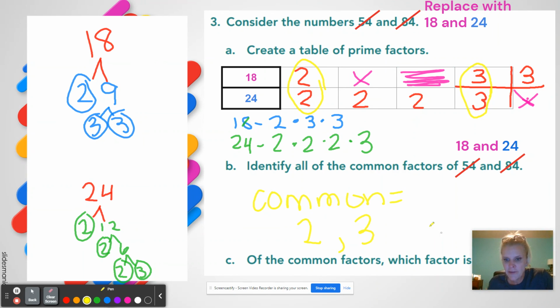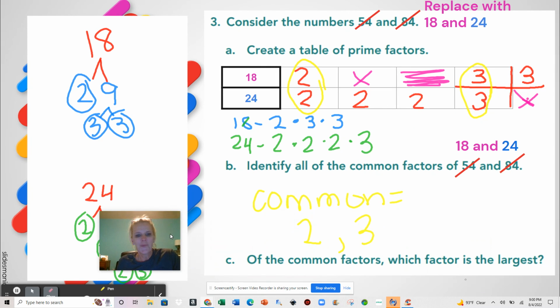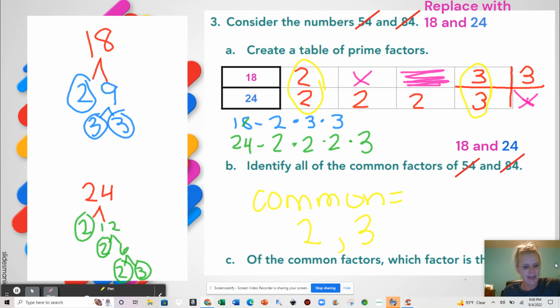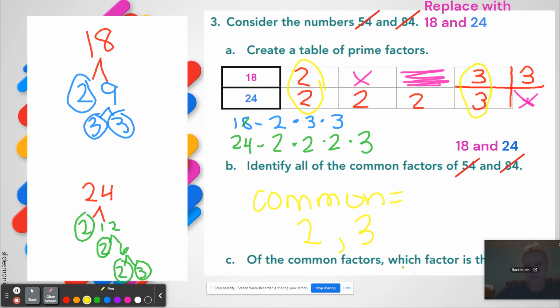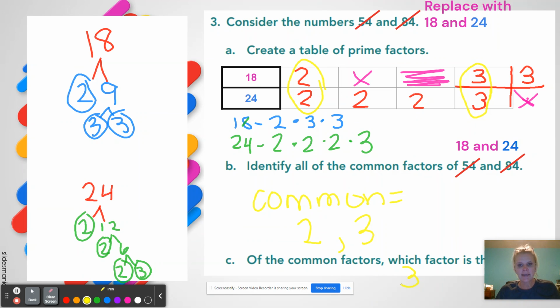And it says of the common factors, what does it say? Which is the largest? Okay, and so we know that the largest is going to be the number 3. All right. So then let's look at the next piece. Okay, the next piece says that we're going to,